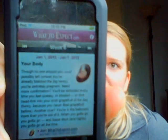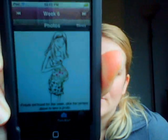And then it has a week-by-week page, where it talks about your body and all the symptoms that you're going through, and then it talks about what's going on with your baby, which is pretty neat. Then it has a page for photos where you can upload your own photo and track yourself week by week. And it has a settings page, which is where you put in English or metric units and your estimated due date. So the nice thing was that once I found out her due date, I substituted her due date of